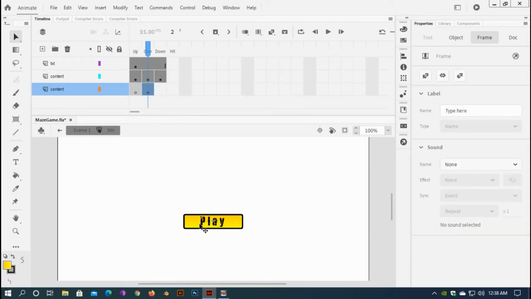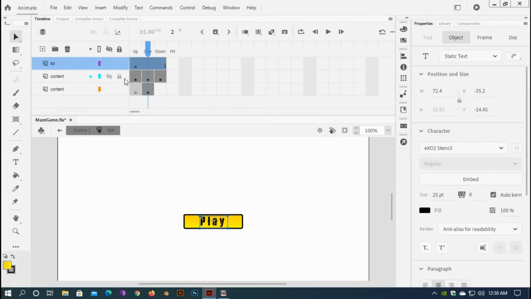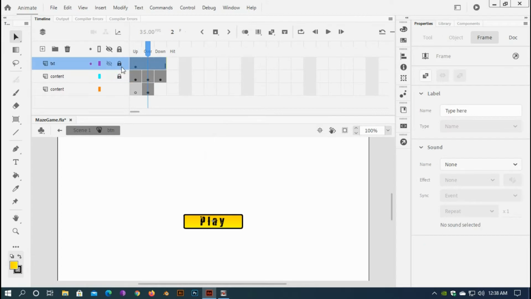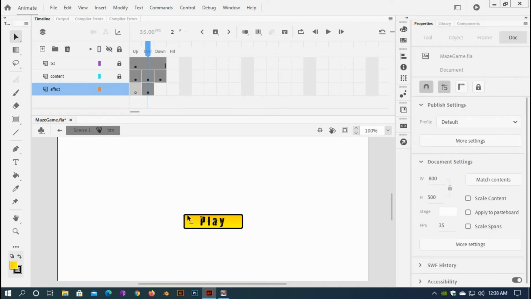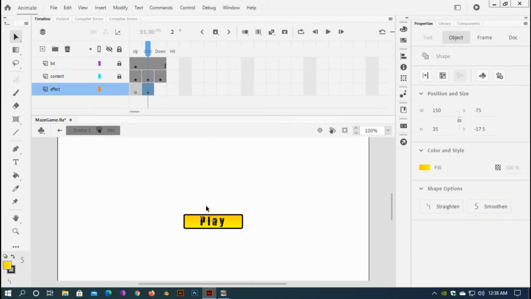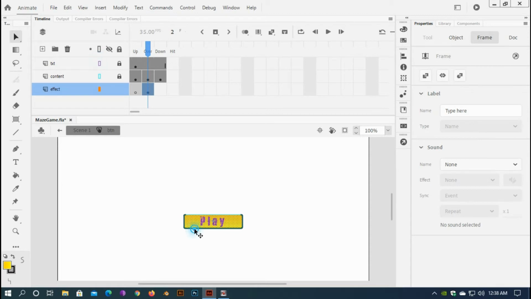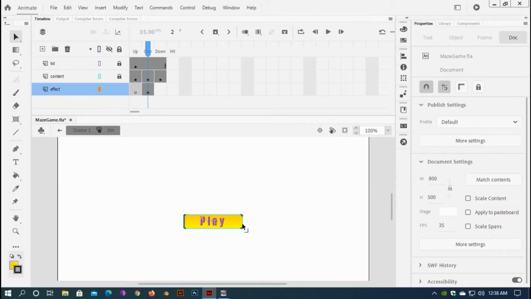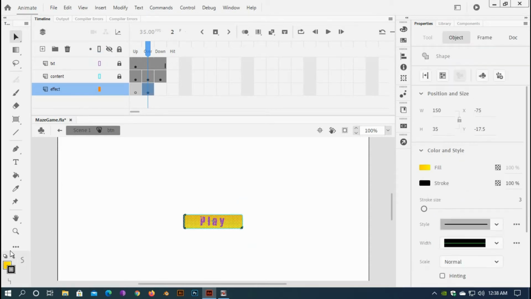Okay, now lock both of the layers, text and content, and change it to effect. Now I'd like to get rid of the, what happened, I can't see. No. Okay, get rid of the line color, selecting everything,